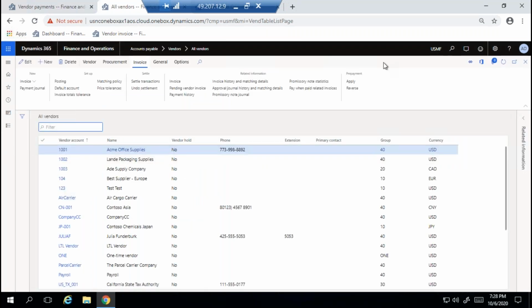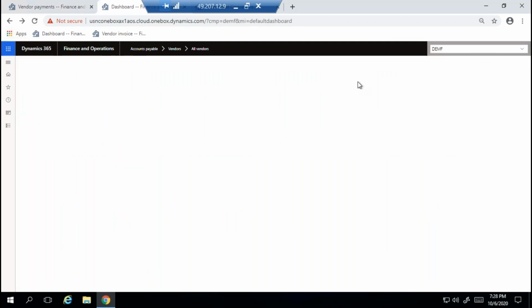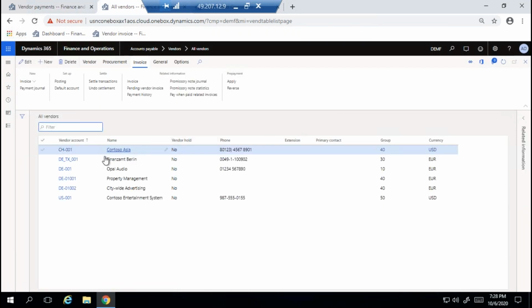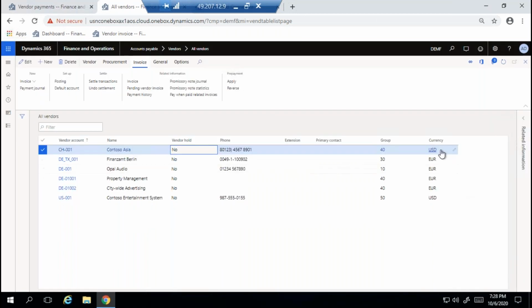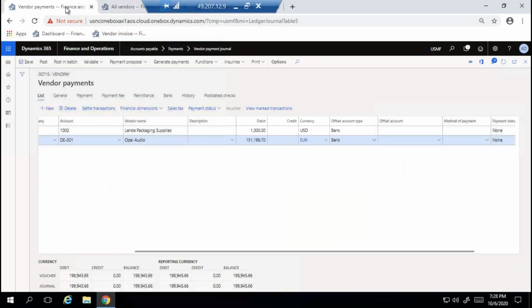Let me verify. Only one thing you need to remember: exchange rates should be set up properly. Suppose CH001, for this legal entity, are there any transactions or not? Let me verify. No transactions. Anyhow, it is US dollars, no issues. The main difference is the exchange rates; whether they exist or not, you need to take precautions and map the exchange rates.